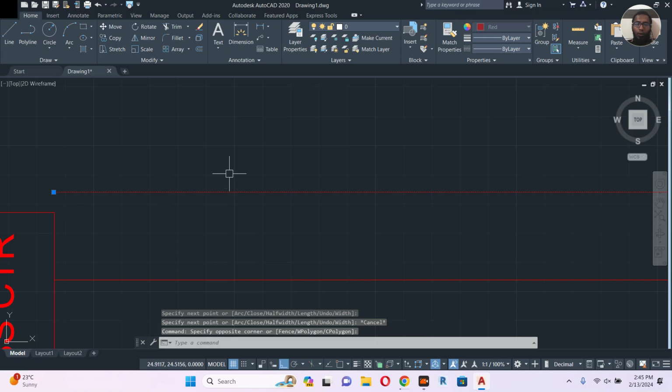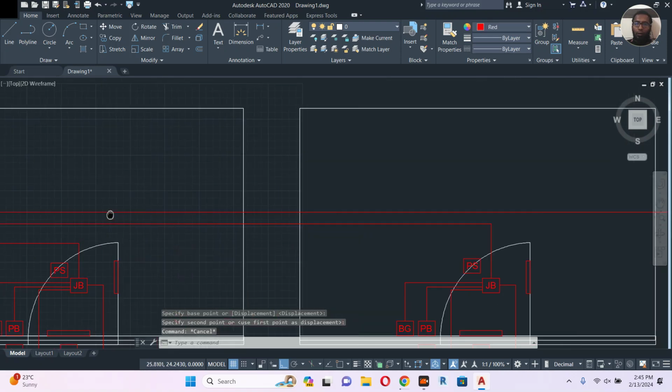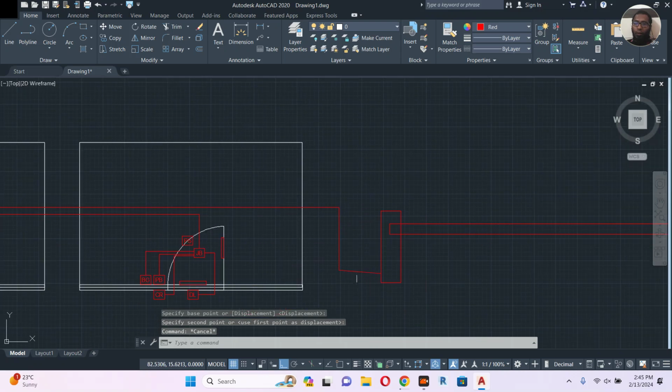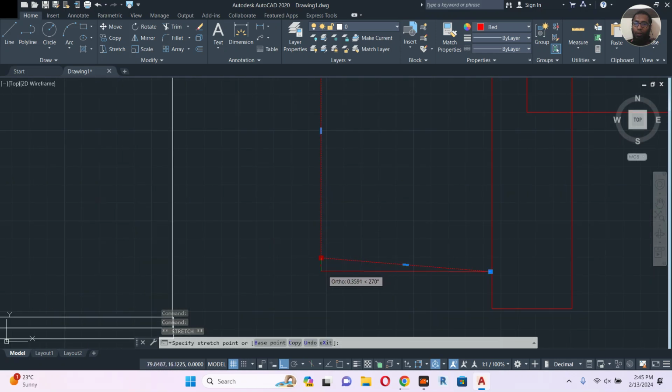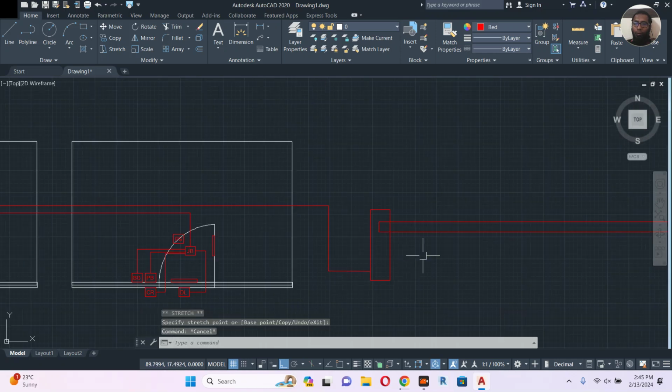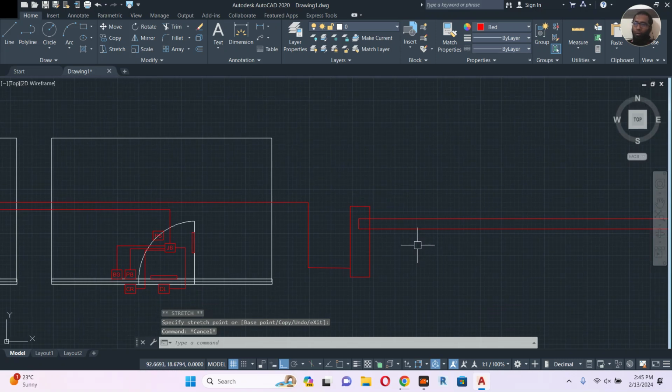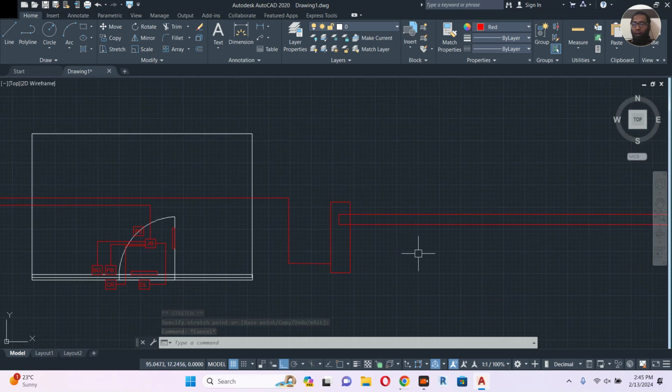So you will provide this, and you will check with the specialized people how many conduits they need. If you don't know anything, it is better to put 2 or 3 conduits, or 2 conduits. As per my previous project experience, there will be a sensor